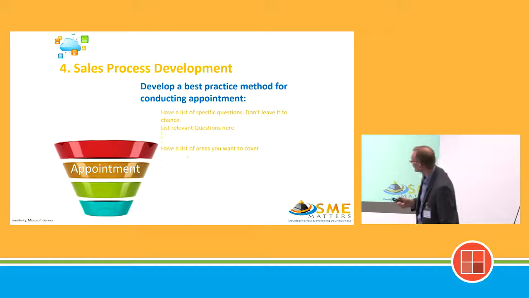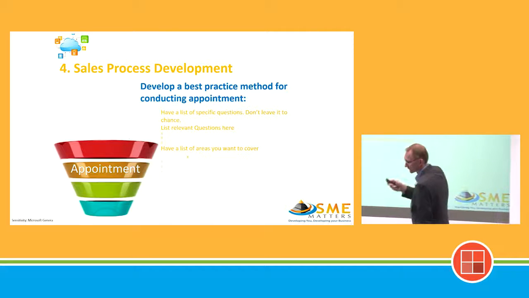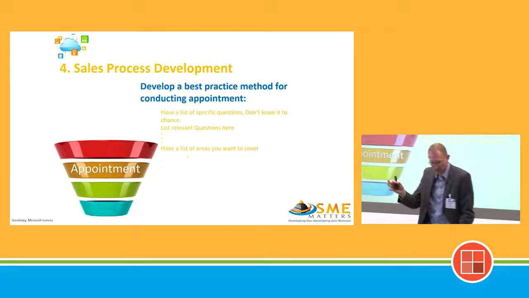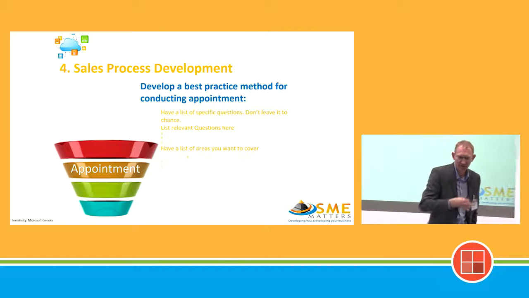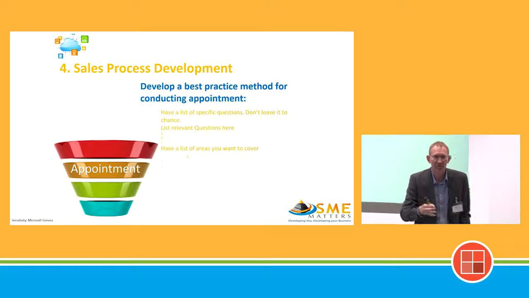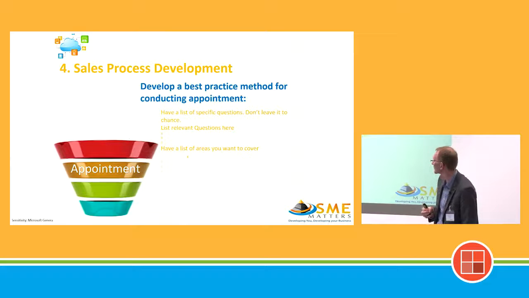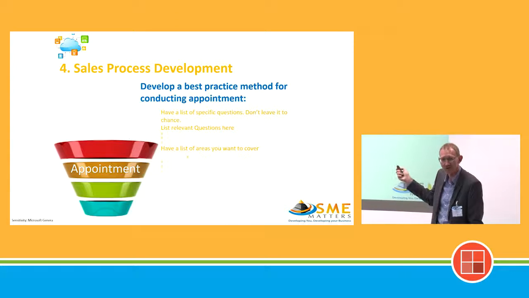Now, when we get to the appointment stage, so we've sent out, we've done a webinar, we've got feedback in that we really like what we saw presented, we like that product that you told us about, tell me a little bit more about it. The call to action here is try and get in front of them. Yes, it's nice when you can do that selling remotely, but again, if you can get in front of them and eyeball them in some cases, it certainly helps the sales process along. And when you do get the opportunity to get that appointment, have a list of the questions that you need to ask.